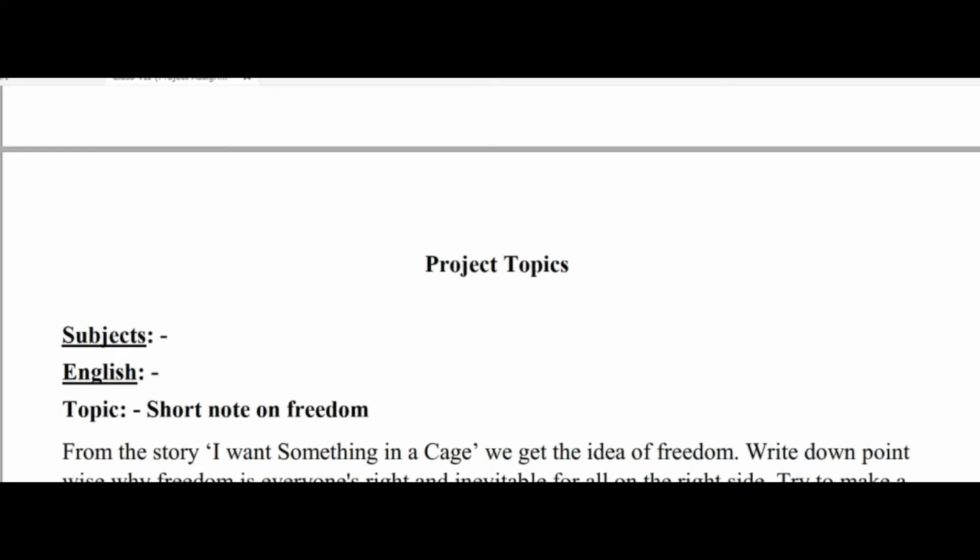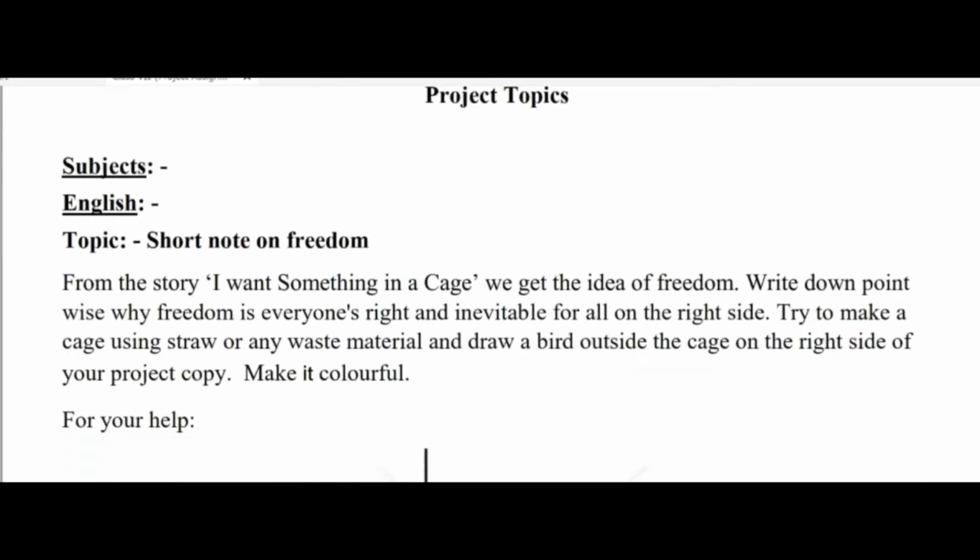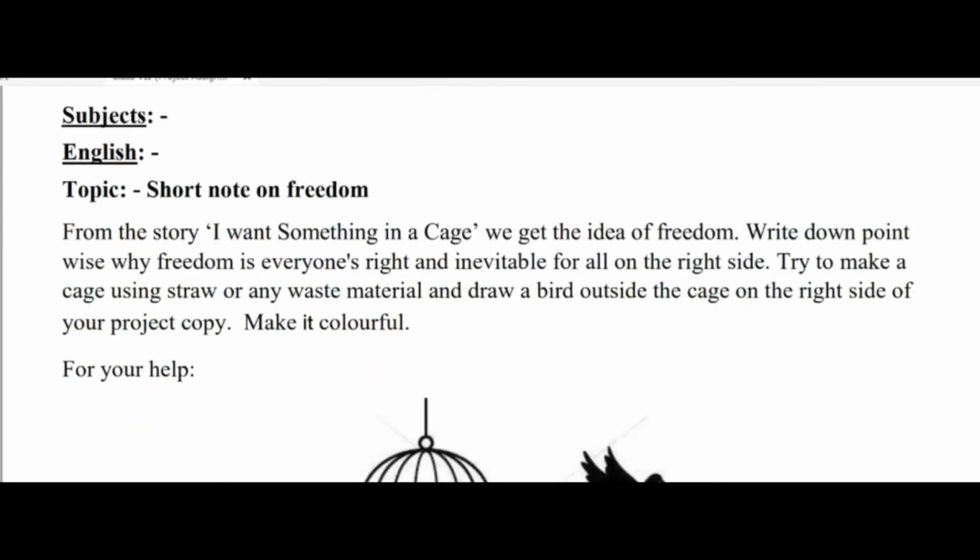At first, you will write your English project. So at the top of the page, you will write English, then write topic, short note on freedom. From the story, I want something in a cage, we get the idea of freedom.